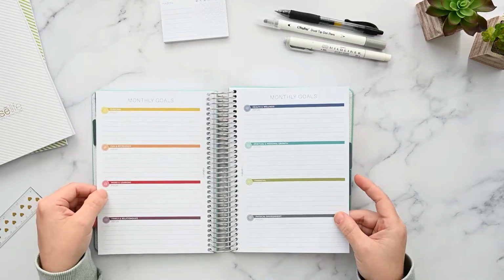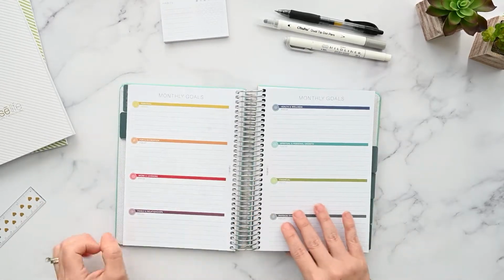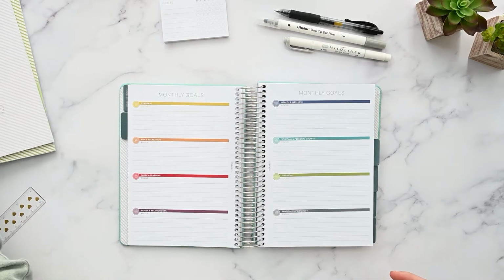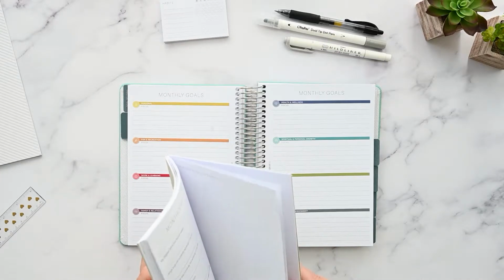So then you move on to the monthly goals. So you've got your monthly spread, and then it goes right into what your monthly goals are, categorized by each of your goal areas, and these look exactly the same as the...